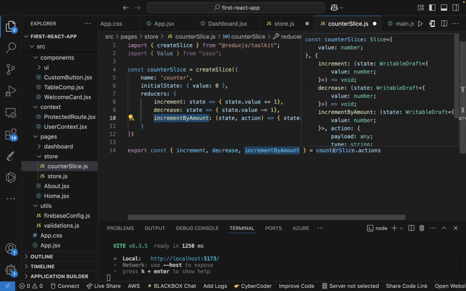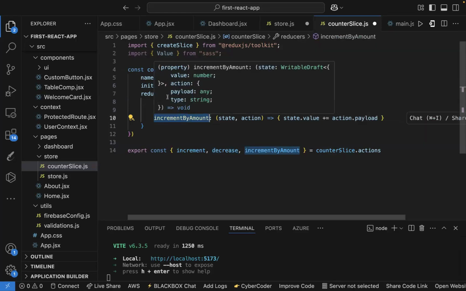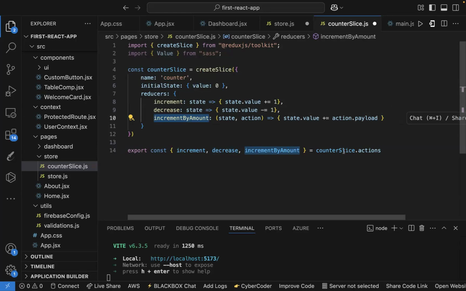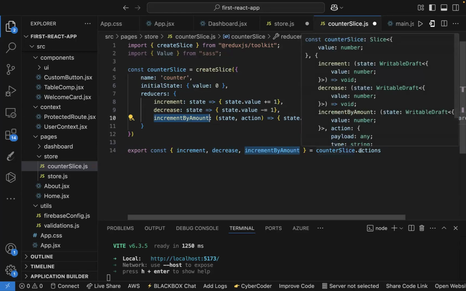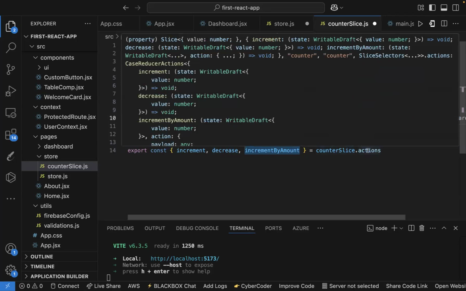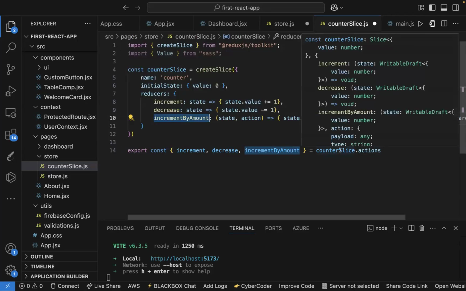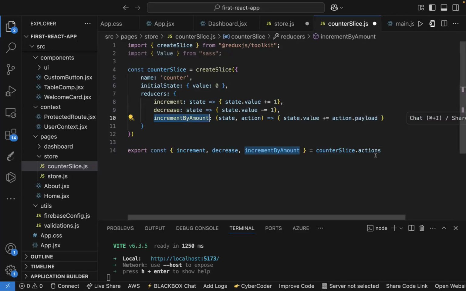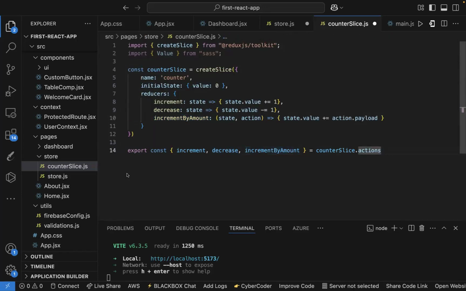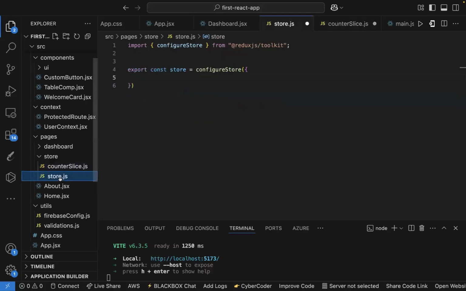So what we are saying is we want to access these actions within this slice. That's why when we said counter, we access the actions themselves within the slice. Do you understand? Yes, okay. All right, so let's go ahead and bring our slices into our store, okay? But for us to do that,